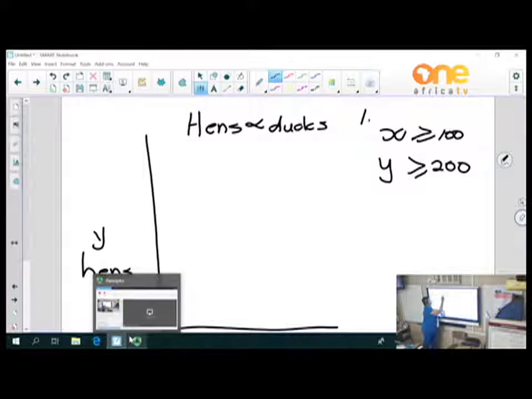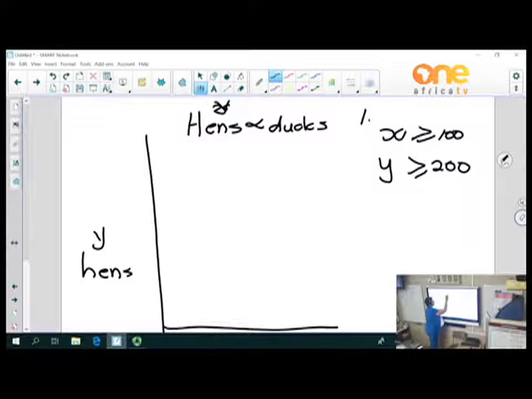Okay, so we're going to do this sum now about hens and ducks. The hens are Y and the ducks are X. They say there must be at least 100, so it might be more. X should be more than or equal to 100. At least 200 hens, Y should be more than or equal to 200. And the last thing that we know, if you read your question, is that he can afford only 600 pounds. So the ducks cost 1.50, so 1.5x plus the hens, they cost 1 pound, so plus 1y should be